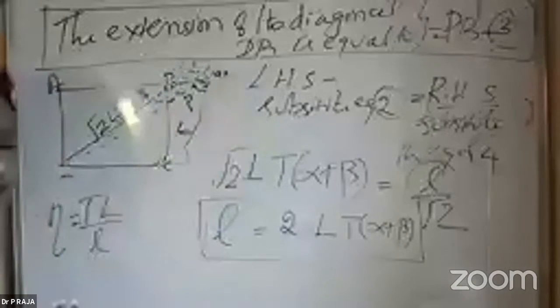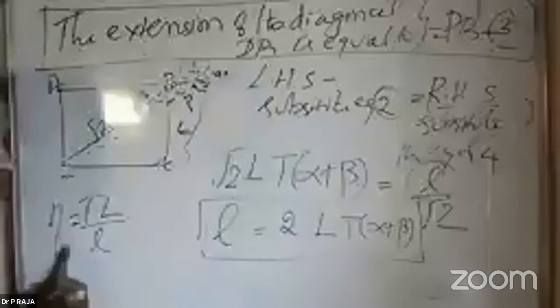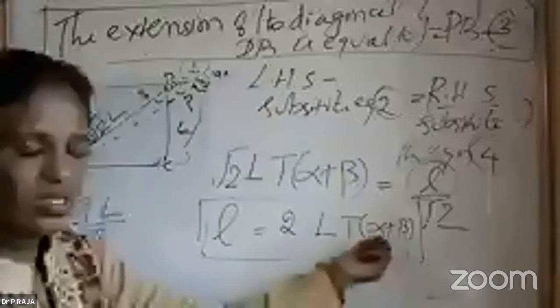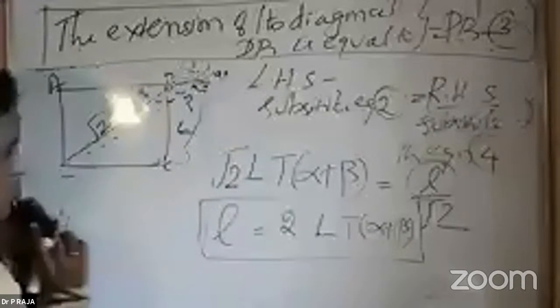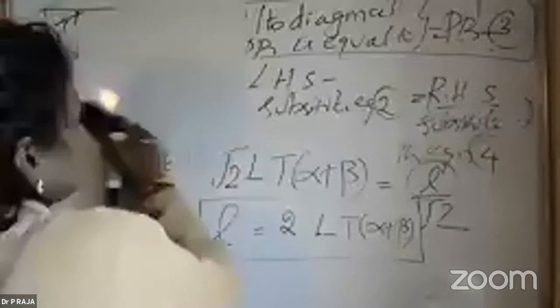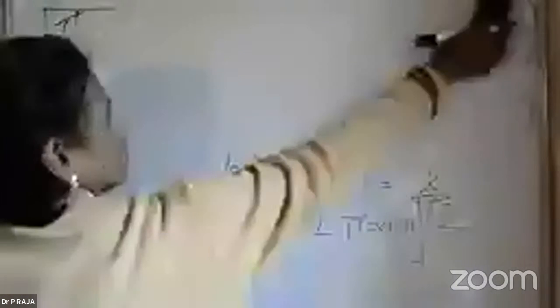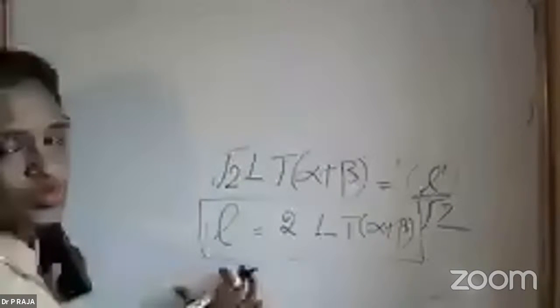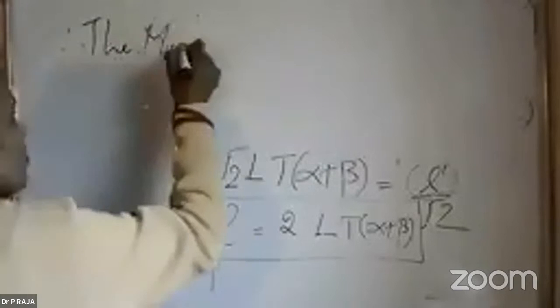Now we will come back to our original aim. What was our original aim? Our original aim was to find out the modulus of rigidity, and that is in terms of the extension along alpha and beta. Okay, so now come back to our equation 1. So the modulus of rigidity. Now we are going to connect all these things together with the modulus of rigidity factor. Therefore, the modulus of rigidity is given by,